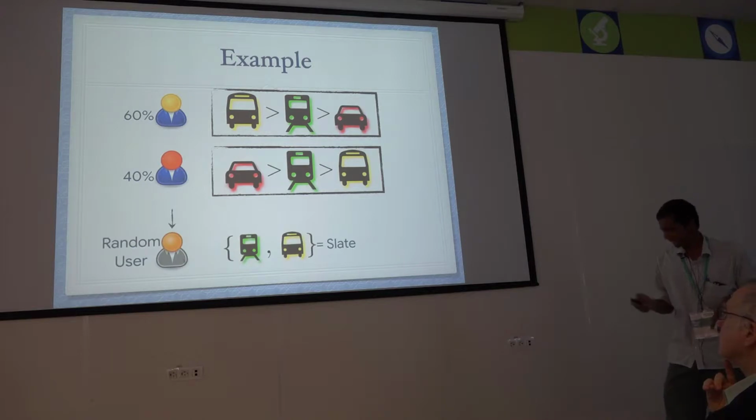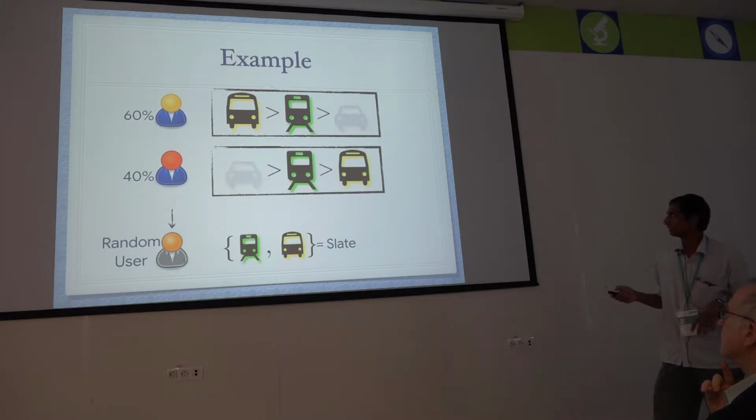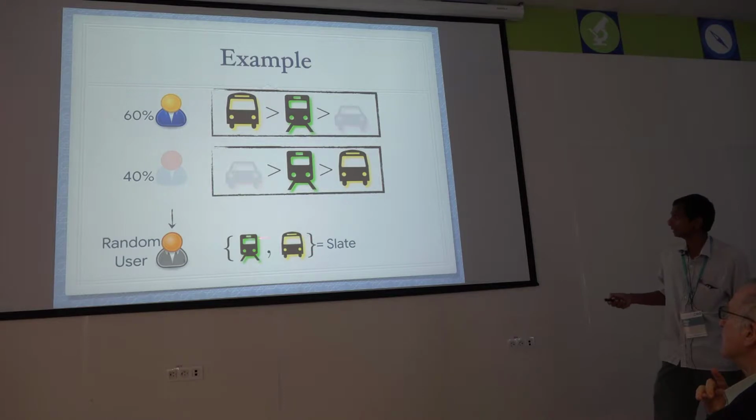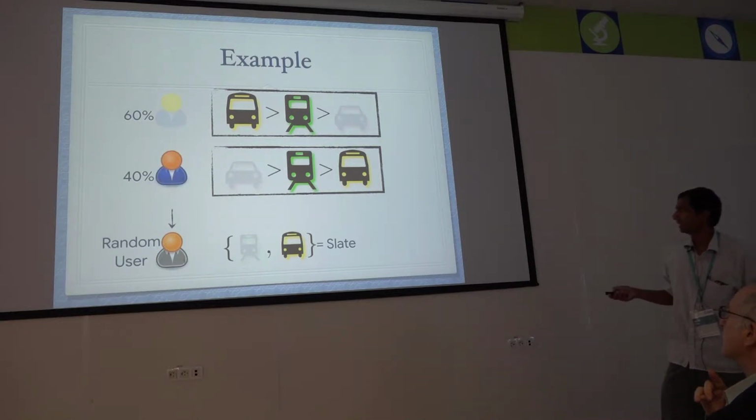Right? And pick a random user, and you're given a choice: I want to choose between train or a bus. What should I do? So first of all, given this choice of slate, the car option disappears because it's no longer relevant, and the question is what will the user do? Of course, if the user is a yellow user, we know that the yellow users like the yellow bus, so they will pick the bus, right? On the other hand, if the user is a red user, then we know that the red users prefer this thing, and therefore the red user is going to pick the train.